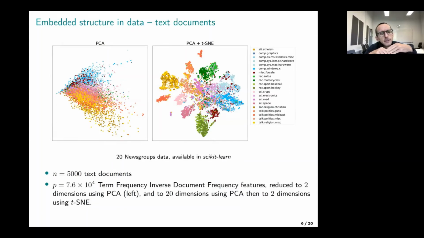This is a data set of documents. It's a subset of what's called the 20 newsgroups data, which is a benchmark data set for things like topic modeling, and it comes along with scikit-learn in Python these days. For each document, there are this many features which are to do with frequencies of words and so on. On the left, those data have been reduced down to just 2 dimensions by PCA. And on the right, data have been reduced first down to 20 dimensions using PCA,